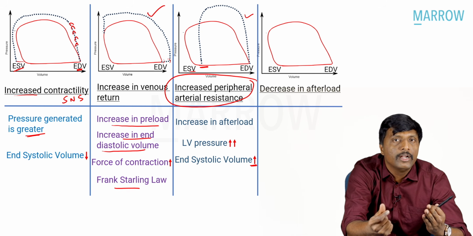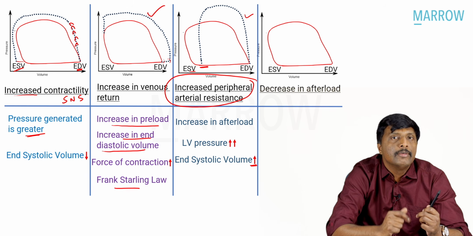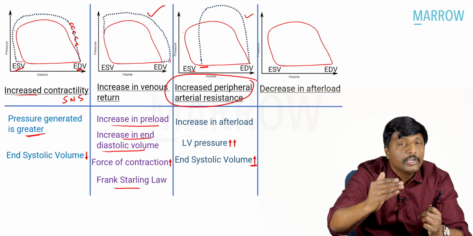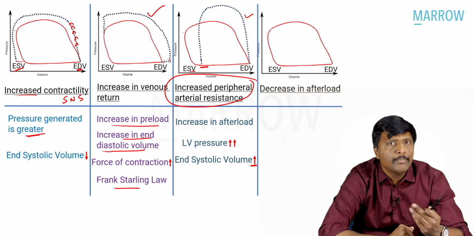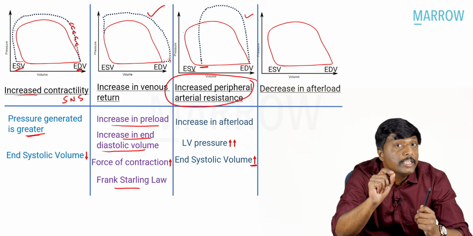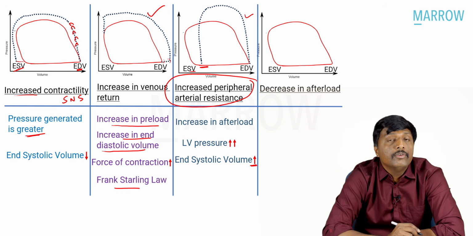Immediately at that moment, in experiments they do this, increase in afterload. Quickly we will measure, only the left ventricular pressure rises. Volume will not change, but if it continues for long term, you see in patients, for example, hypertension. So, anything affecting your aorta, if you see that in patients long term, definitely end systolic volume will increase because